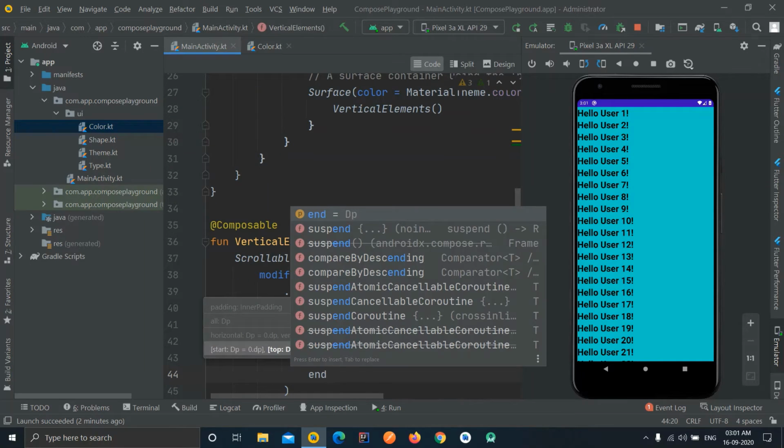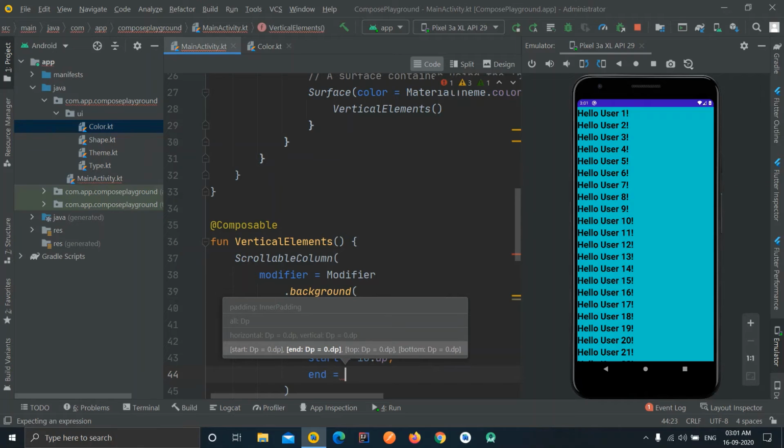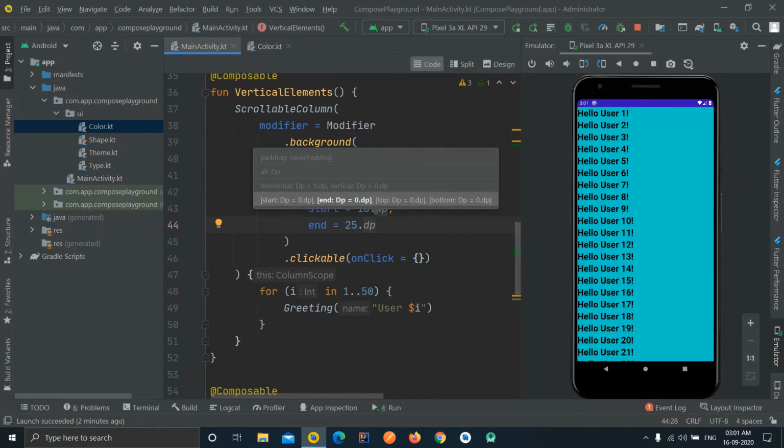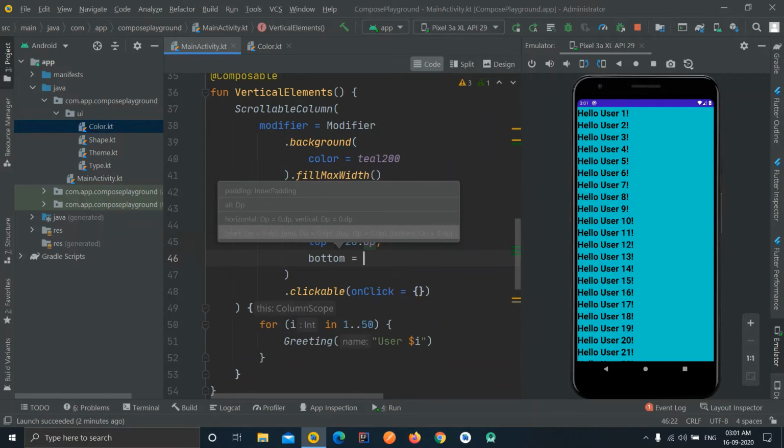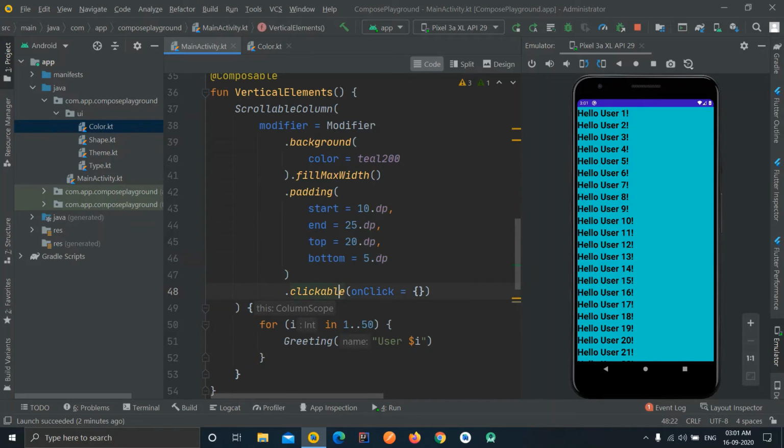And if you want to give the end padding, basically the right side padding, to be like let's say 25.dp, and the top padding to be 20.dp, and the bottom padding to be 5.dp, smallest one.